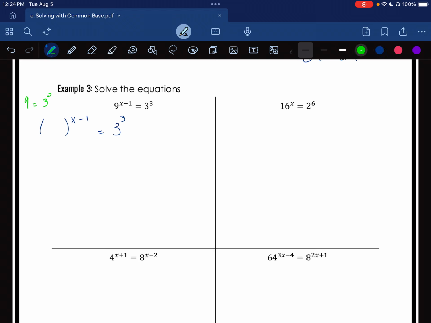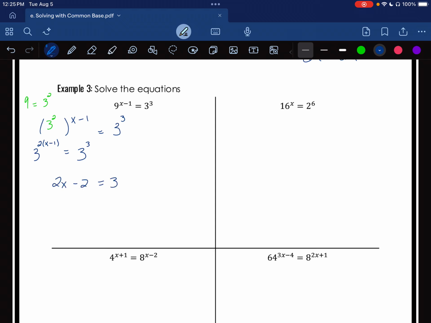Now I need to take care of those exponents. Again, this is a power to a power, so I'm going to have 2 times x minus 1. Notice I use parentheses here because I'm going to have to distribute that 2 to both terms in that binomial. Now I can set my exponents equal, and I'm going to go ahead and do my distributing at the same time,